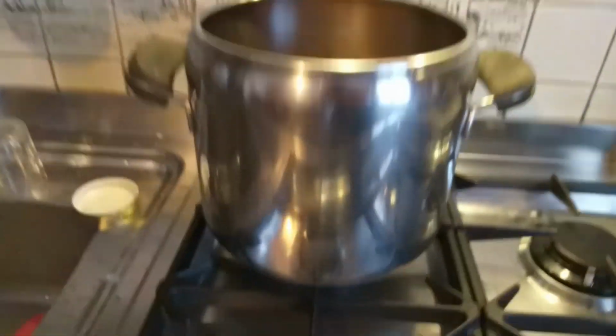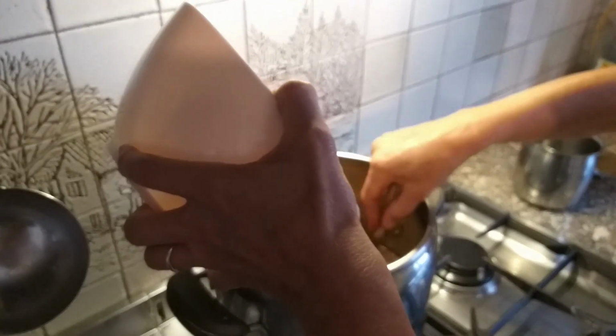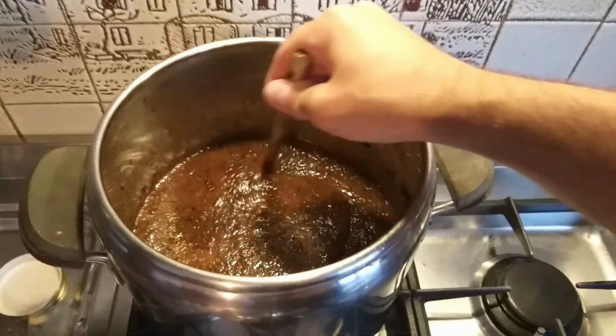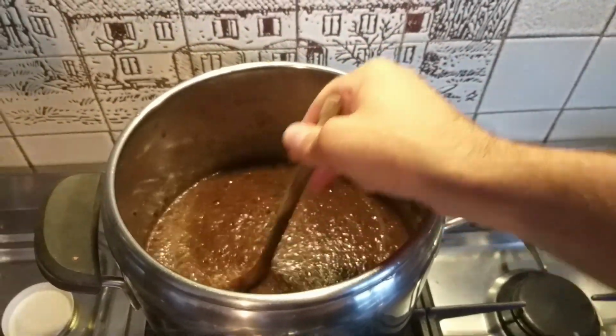We also added sugar. We used unrefined cane sugar. It has a lower glycemic index than refined sugar. You can also use dates or another sweetener. Just keep in mind that the sugar also helps with the conservation, so depending on how long you want to store your marmalade. We added the juice of half a lemon to give it a bit of a fresh touch,